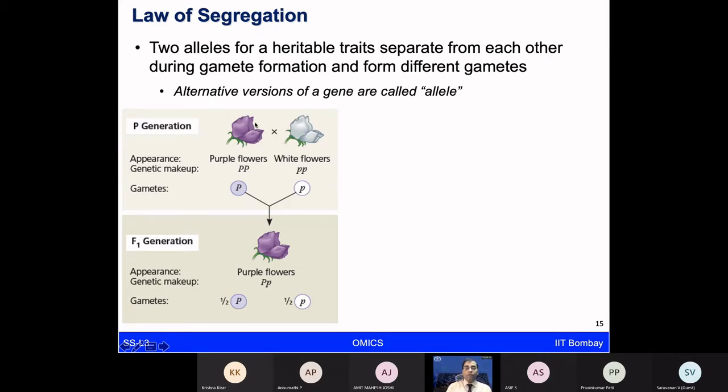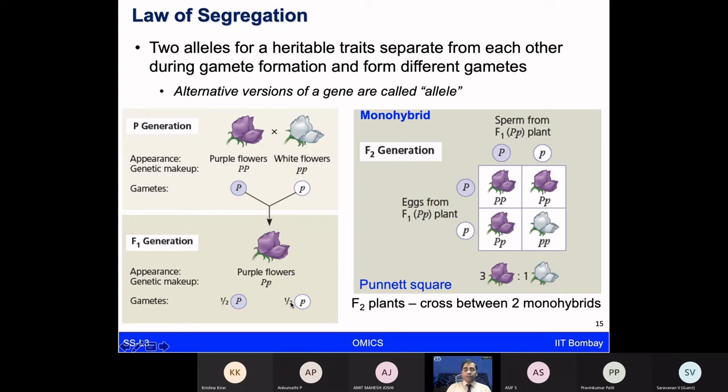So when he took these flowers from the parent generation, or the P generation, he did this cross. And after doing the cross, in the first generation, or the filial generation F1, he was able to observe only purple flowers. So all the flowers which came from this hybridization, or the crossing, showed only purple flowers. This was quite surprising: I'm taking two different colors, but in the first generation all the flowers are showing only one trait. That's why the purple color became dominant, and he termed those the dominant characteristics. Now, if he took these purple flowers from the F1 generation again and did a further cross,